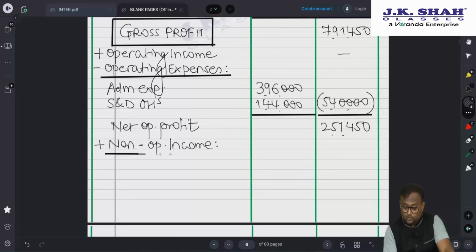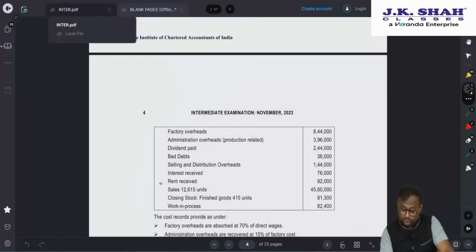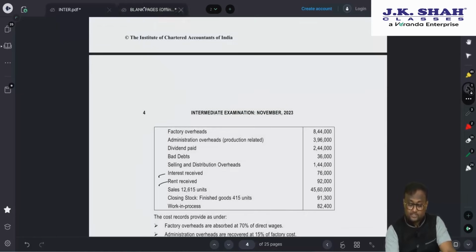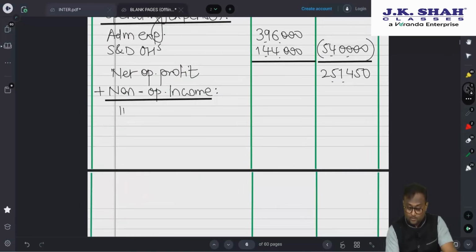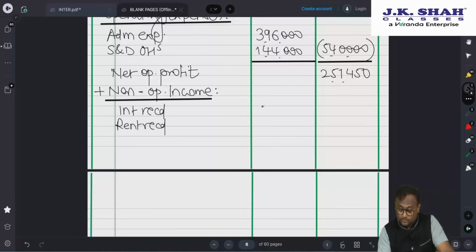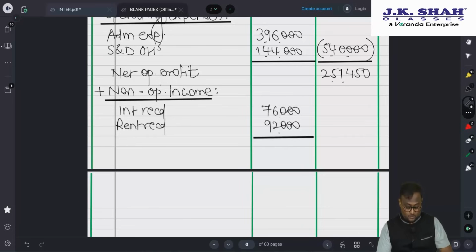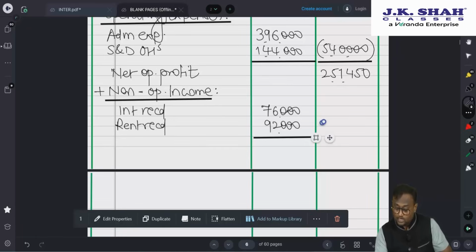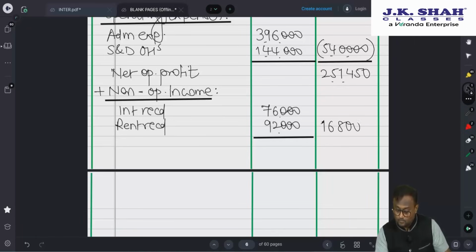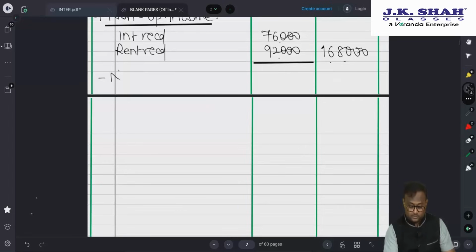The income which is not in the due course of the business, the income which is not regular, not from the main activity of the business, and we have two such incomes available: interest received and rent received, 7692. 1,68,000 to be added minus